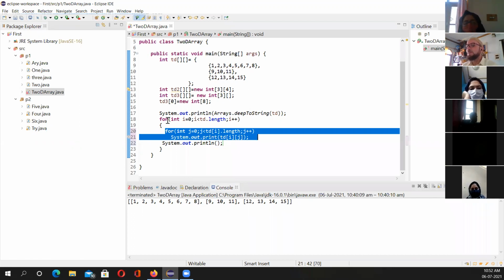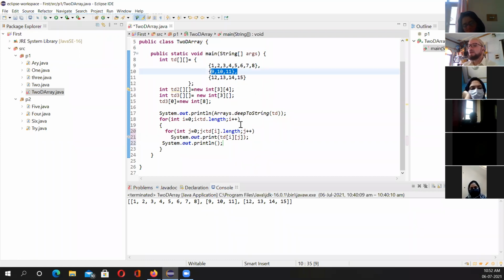उसके बाद ये ऊपर चढ़ के यहाँ पे आएगा और I बनेगा 1। ये देखेगा TD of 1 dot length कितना है, वो है 3, तो 3 बारी ये चलेगा और ये प्रिंट करेगा 9 10 11 फिर backslash n करेगा, नए लाइन में ले जाएगा। Now I का value है 2, so ये चलेगा TD of 2 dot length, इस वक्त है 4, तो ये 4 बार चलेगा। I खत्म हो गया क्योंकि length वो 3 ही थी, so उससे less than ही चलेगा, 2 तक ही चलेगा और ये बाहर आएगा और ये प्रिंट करेगा हमें सारा। देखें